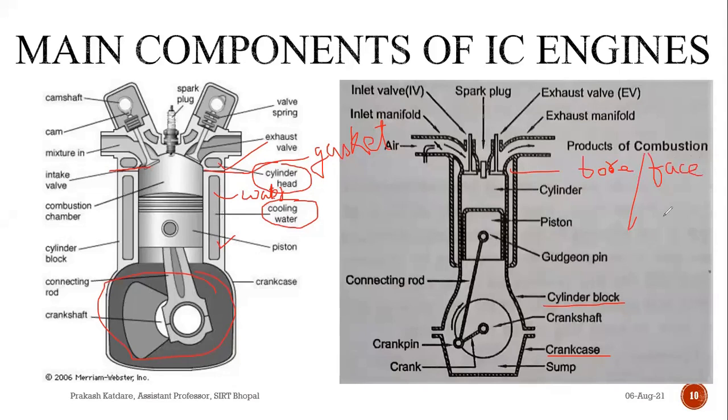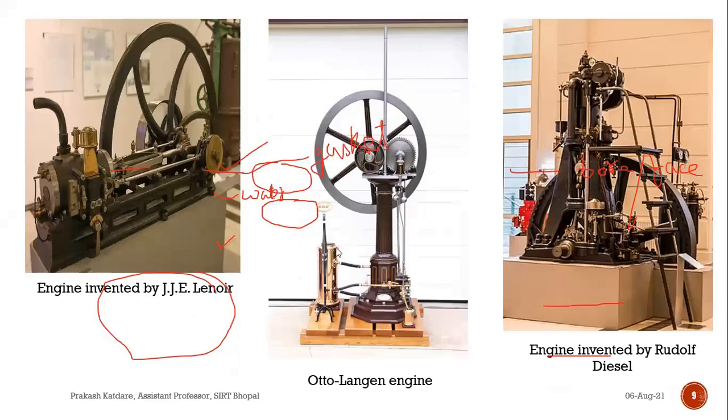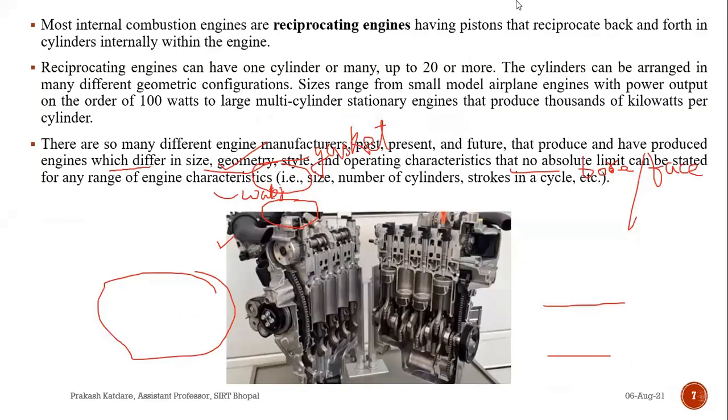If at any point of time you visit a workshop and see an open engine, there you can see the finishing here is of very high grade, like we have seen it in our last class also. In this engine, if you see here, the surface finish is very high. Surface finish is a very high degree. It is very finely surfaced, and this portion is known as bore or face of the cylinder block.